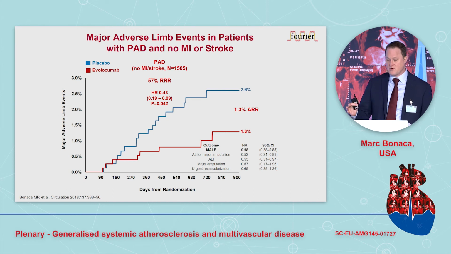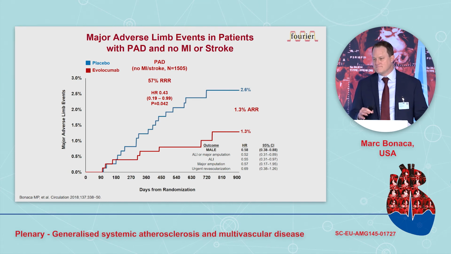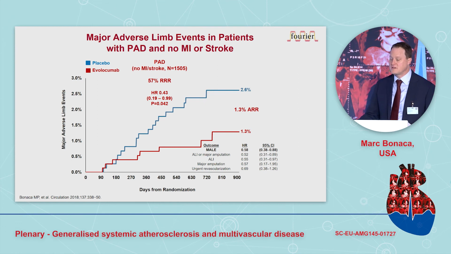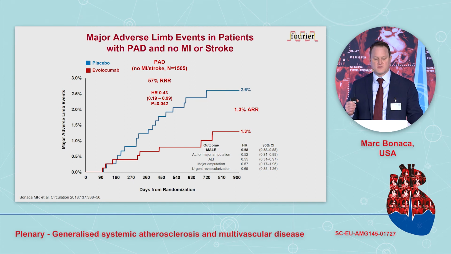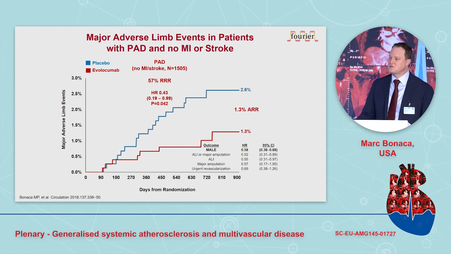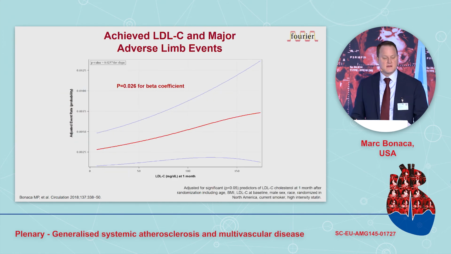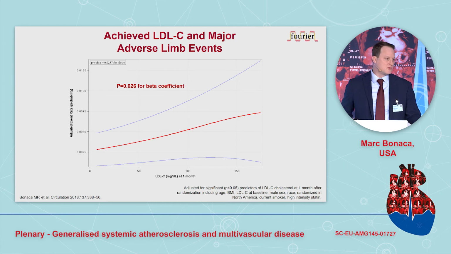And when you look at the components, these are not interventions for claudication that we're talking about. We're talking about major amputations and acute limb ischemia, the sort of heart attack equivalent of the legs. So understanding what territories are involved, depending on what bed your patient has, helps you frame the discussion around your preventive therapies. And in fact, that relationship between LDL reduction and limb outcomes is linear.